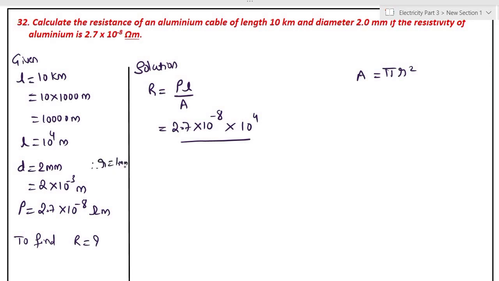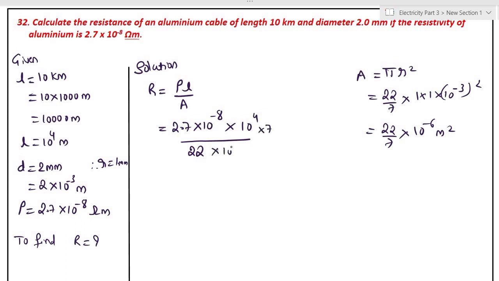1 millimeter. I am substituting the same value, 22 by 7 into 1 millimeter, that is 1 into 1 into 10 to the power minus 3 bracket square. It becomes 22 by 7 into 10 to the power minus 6 meter square. I am substituting the same value here, 22 by 7. 7 goes to the numerator, into 10 to the power minus 6. So this can be written as